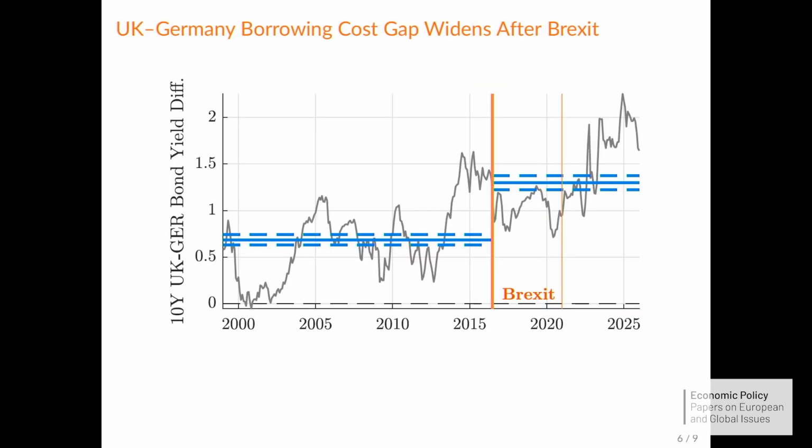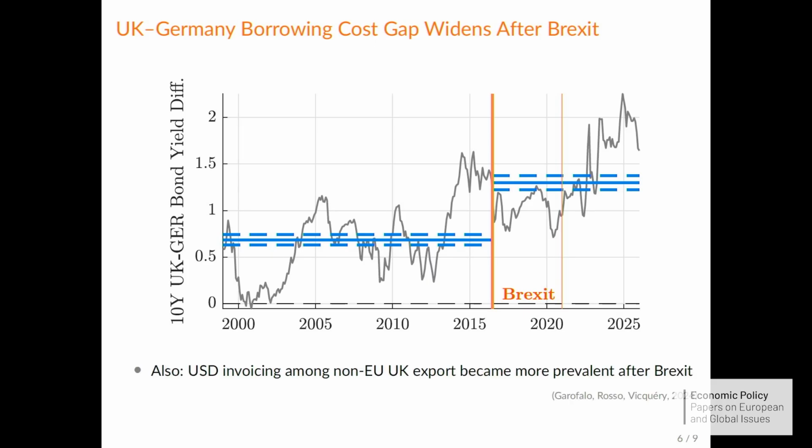afterwards. Consistent with the model, you also have that UK 10-year bond yields are significantly larger after Brexit relative to the German counterpart than they used to be. And interestingly, and this is a bit outside of the model, but I think related, we started observing that UK exporters have started pricing their exports in US dollars after Brexit more prevalently than before, which is intuitive if you think about the desirability or lack thereof of having your price sticky in a currency that depreciates in bad times.